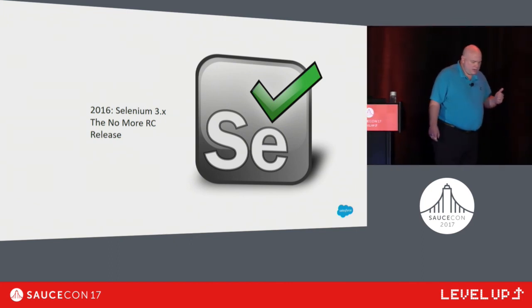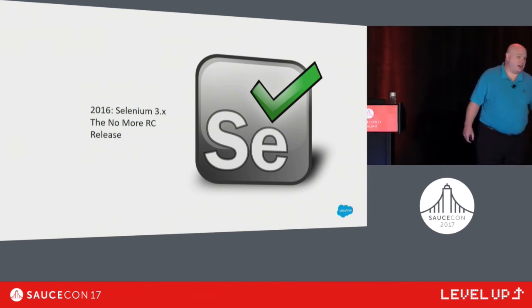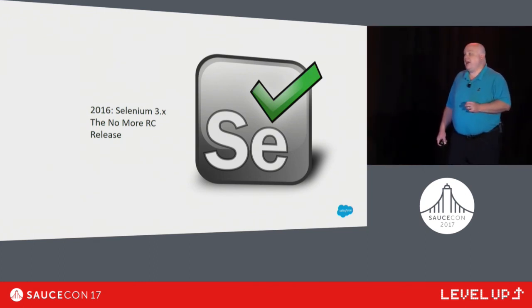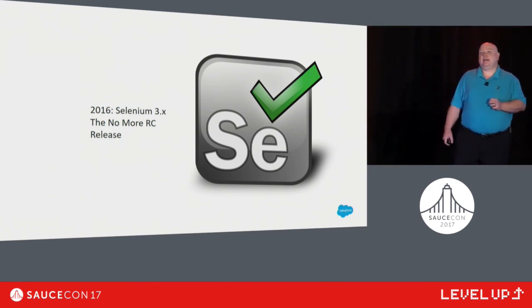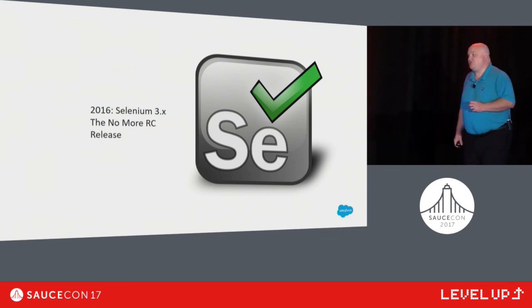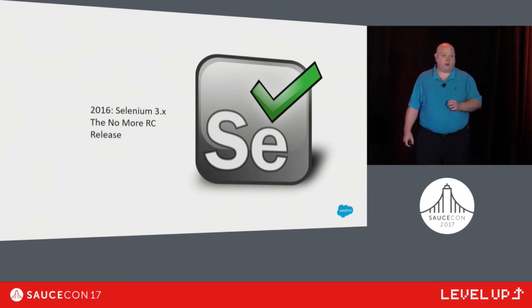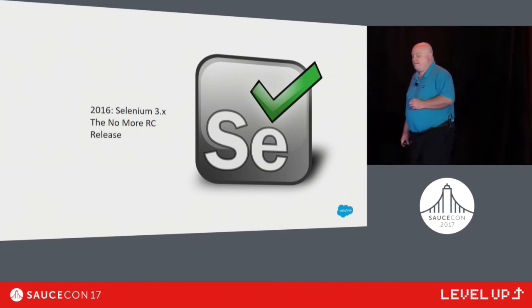The current version, we're currently in the 3.0 timeframe, or the 3.x timeframe. The current shipping version of Selenium is 3.4. And that's had some of its own challenges as well. Anybody tried to use Selenium 3.4 recently, especially in a remote environment? Anybody? Yeah? Some